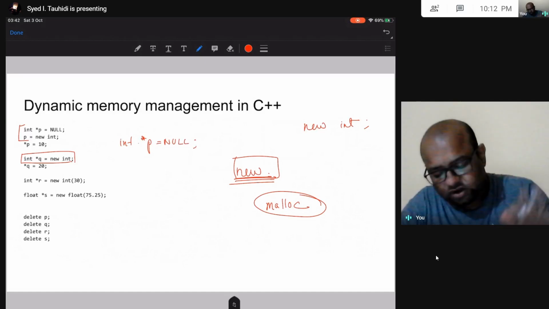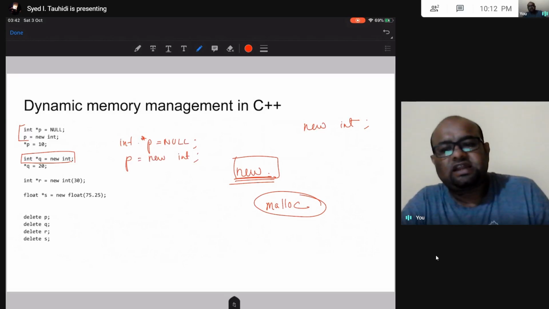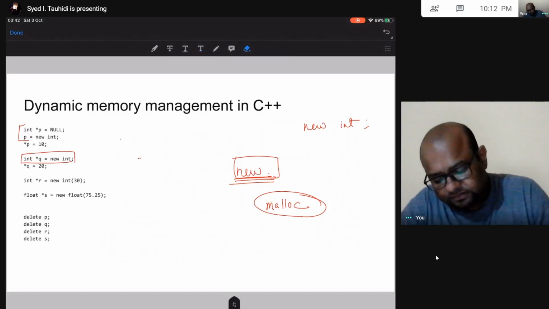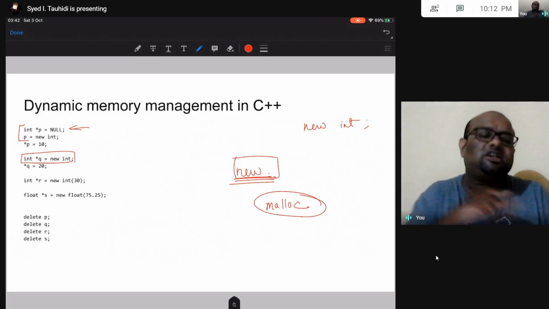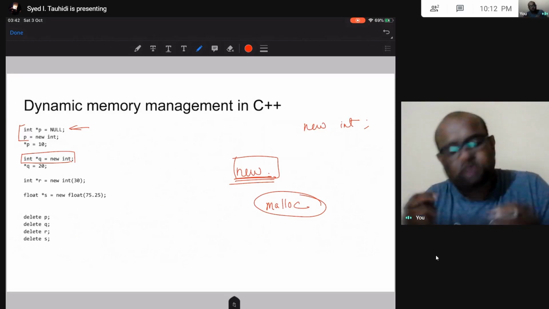Okay, it's a null pointer, and then I am making p point to some integer allocated to me in heap by writing p = new int. So instead of doing this in two different lines, where p is first pointing to a null pointer and then pointing to some place in heap, I am going to do these two things in one line.